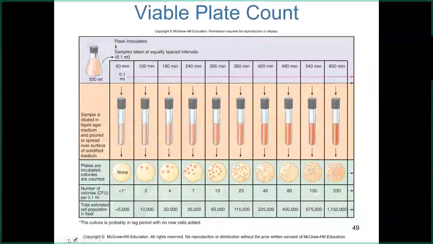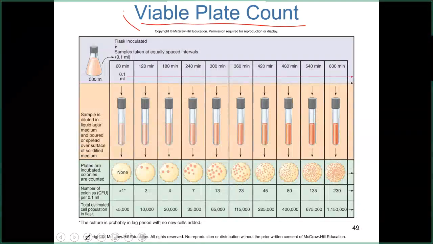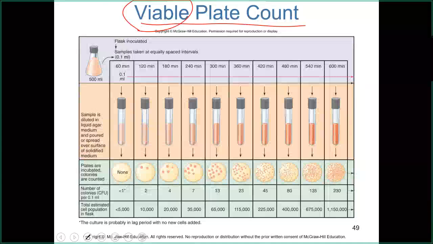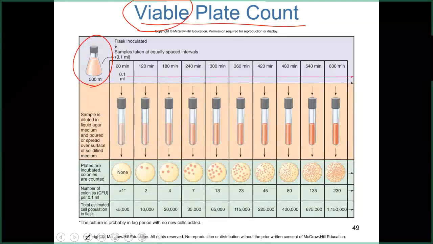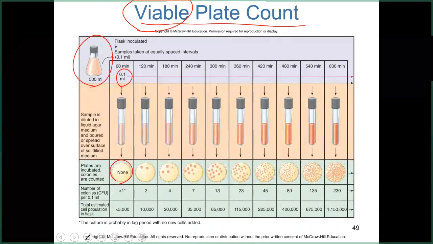Anyway, so how do they figure out generation times and all of that for different species? Well, one way to do that is to perform what's called a viable plate count. So viable means alive, and plate refers to an agar plate, right? And so here's one way that you can do this. So this represents a flask of molten agar that's been cooked, it's liquid, and they place a small number of organisms in right at the beginning, just to inoculate it. And if you were to swirl that up and then draw out of it 1/10 of a mil, which is enough to make an agar plate, pour that out, and place it in an incubator,